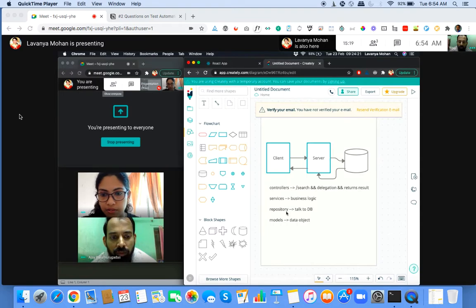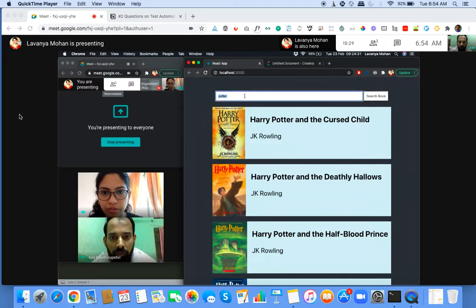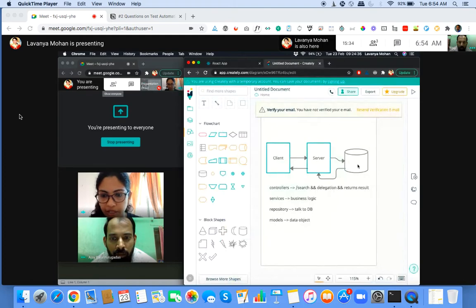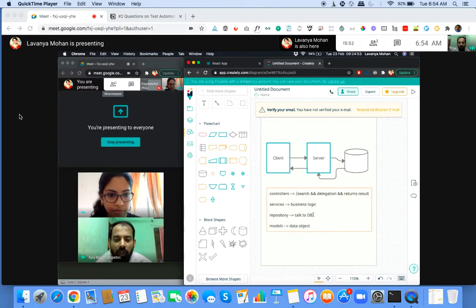So in our case, for example, let's assume that data is already present in the DB. It was imported through some mechanism. And here, when we search for something and actually do a search, it will query the database to get the search results. So that query part, like how to query, what to query, like query using title or query using some ID or query using some other mechanism, that logic will be present in the repository layer. I think once we see the code, we can relate it to this.